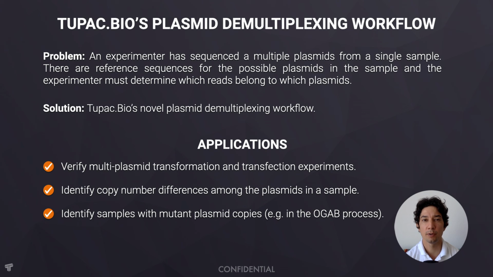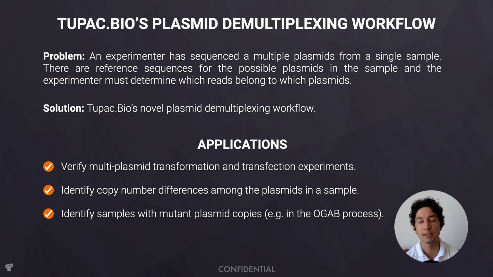So the general problem we're solving is in the case that an experimenter has sequenced multiple plasmids from a single sample. So say you have multiple plasmids in an E. coli colony, or you have multiple plasmids in a mammalian cell transfection experiment, and you have reference sequences for the possible plasmids that are in the sample. But since you've sequenced these multiple plasmids together, you need to demultiplex. You need to determine which reads belong to which plasmids before doing more downstream analysis. And so we've resolved this problem